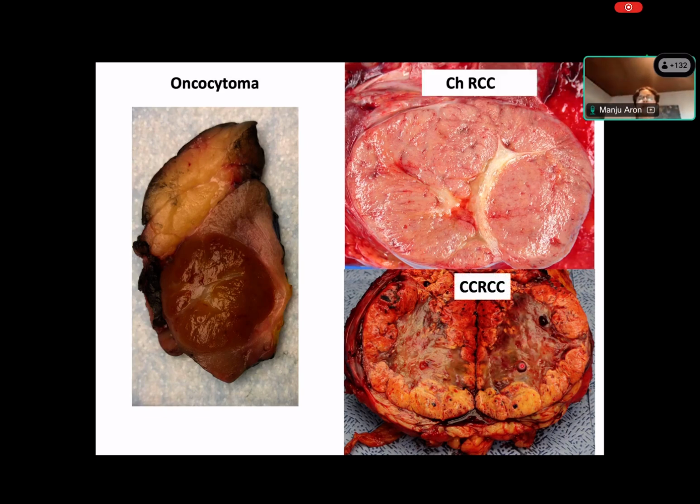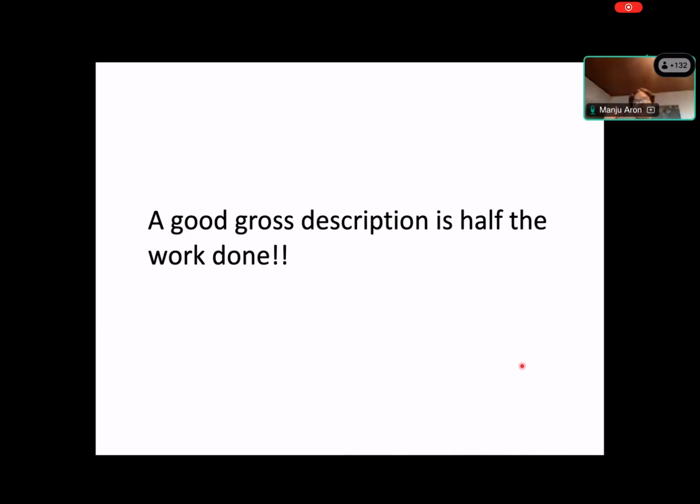So oncocytoma, chromophobe RCC, and clear cell RCC. So, a good gross description is really half the work done.